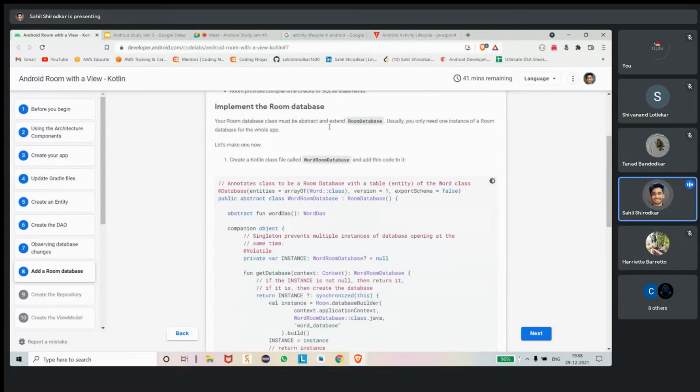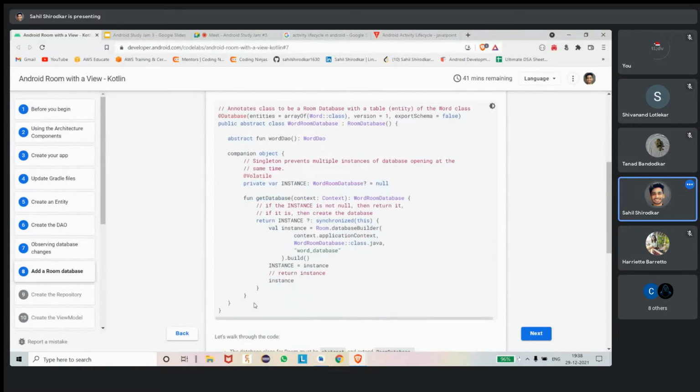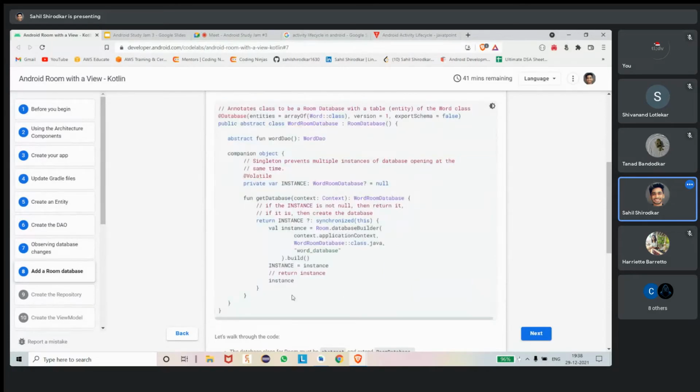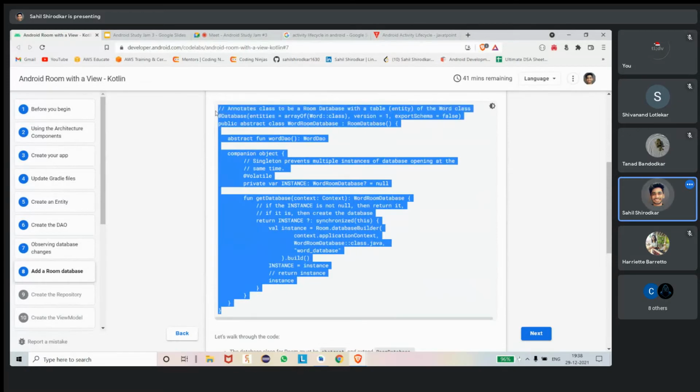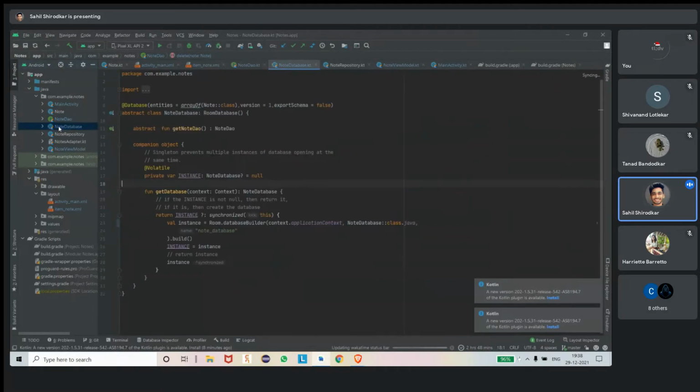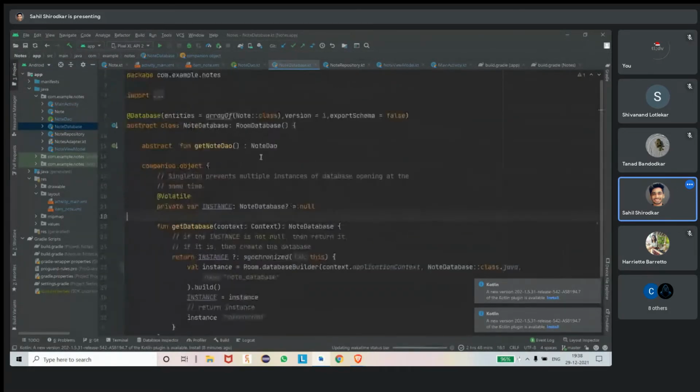Create a Kotlin file called WordRoomDatabase and add this code. This is boilerplate code whenever you make a database. So we will just copy paste this code and change Word with Note, that means WordRoomDatabase with NoteDatabase. So I have used the same code here inside the Room database.